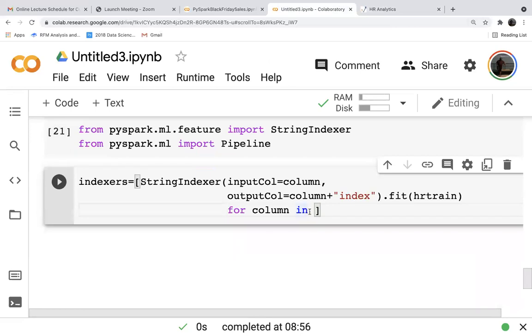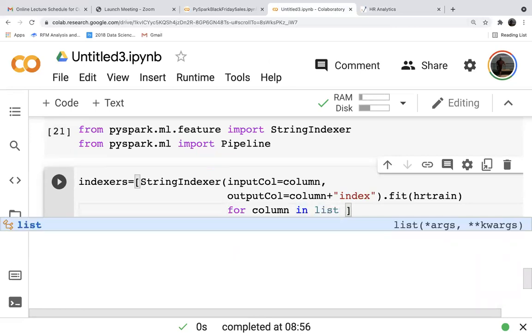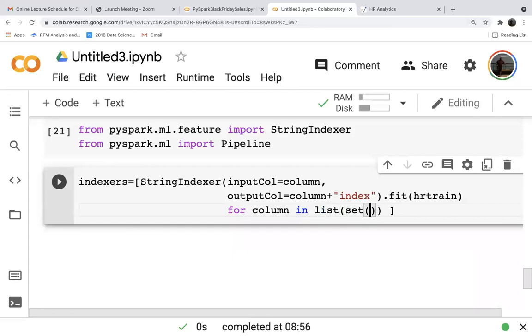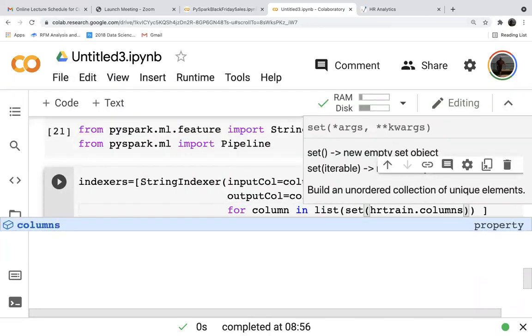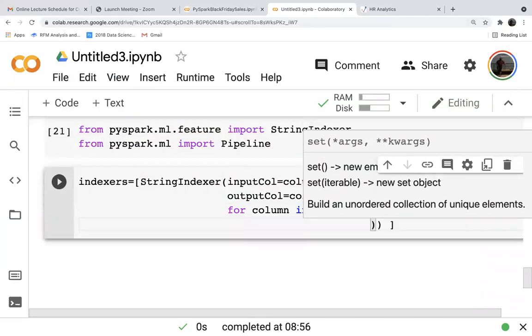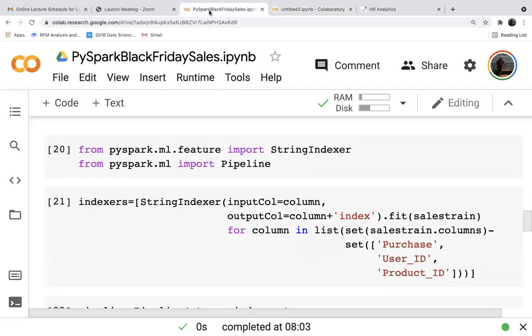For column in list set, HR train dot columns minus, HR train columns minus set.